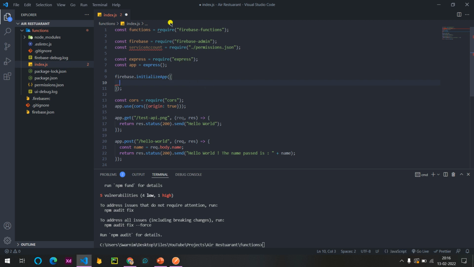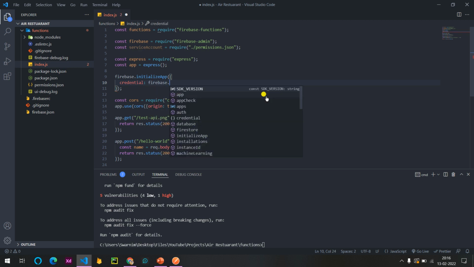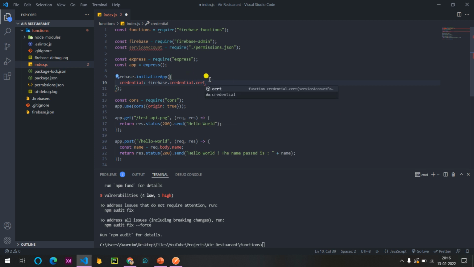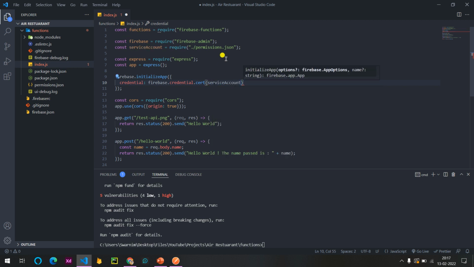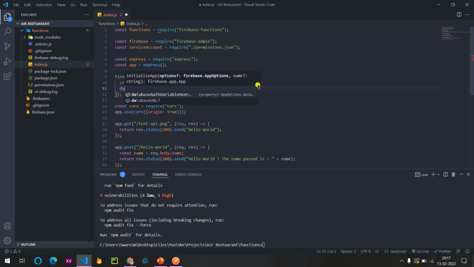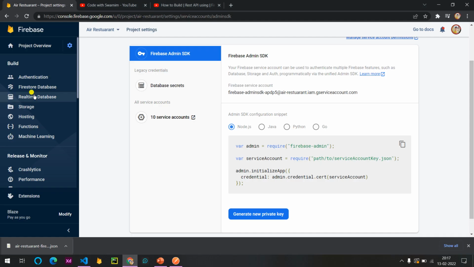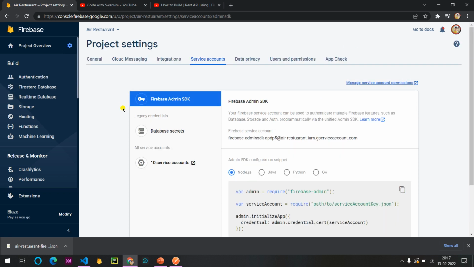Okay, so to add that over here, we will just simply type credential and pass that object by typing firebase.credential.certificate. For certificate we will use CERT, and just pass that service account file so that we get the access to our database. And you can also pass some additional URLs like database URL, but for this video we are not using